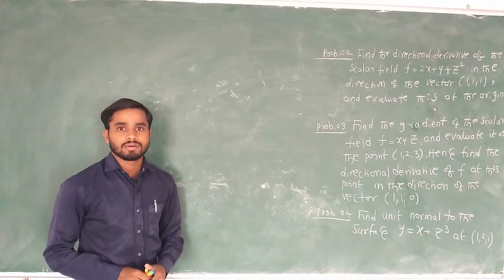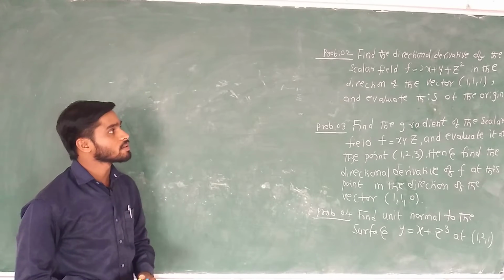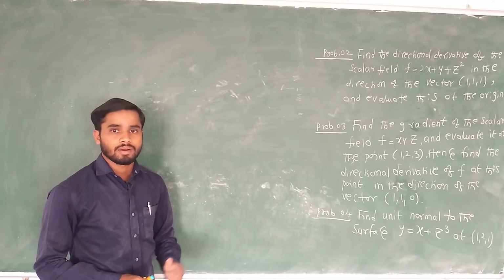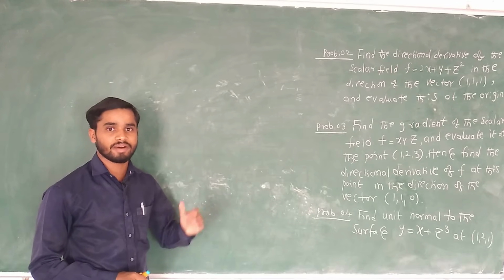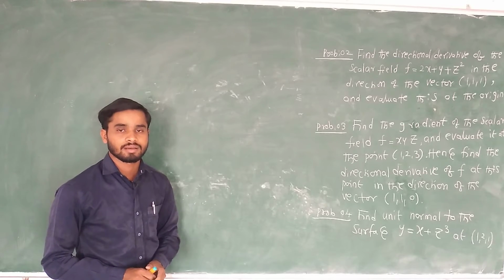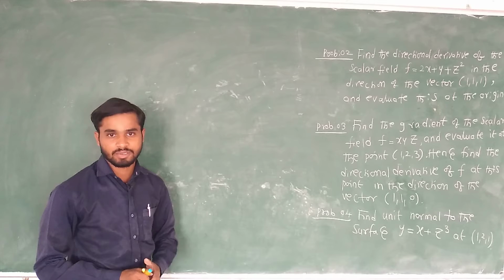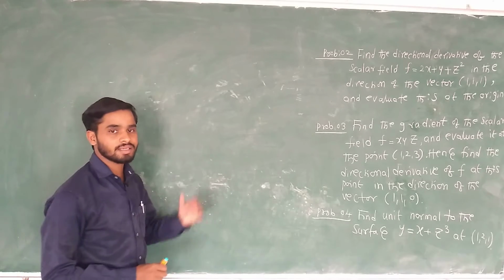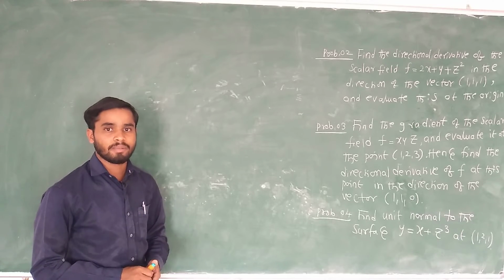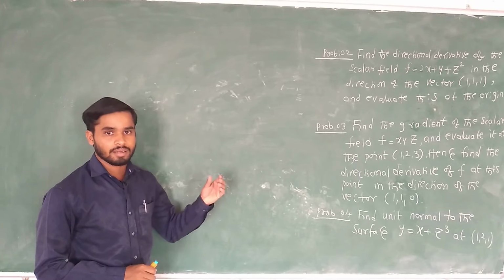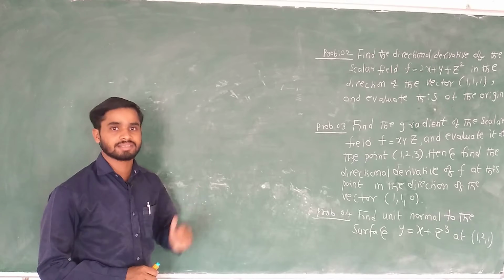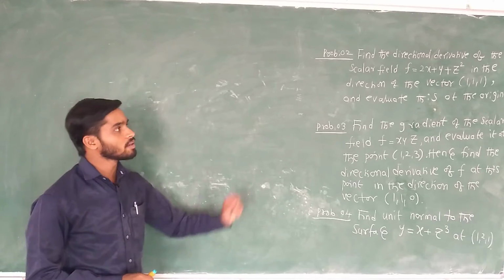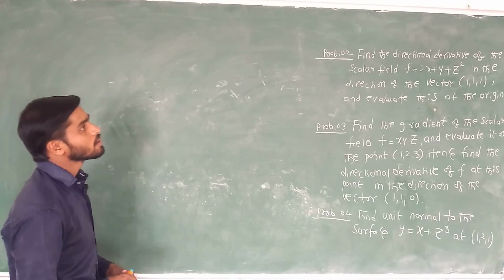We will continue from the last class, in which we noted a few points, 1 to 5. If you want to know what those noted points are, you can go to lecture number 1, the last video. But in this class we will see problems on gradient, directional derivatives and unit normal vectors. We will solve the second problem quickly.